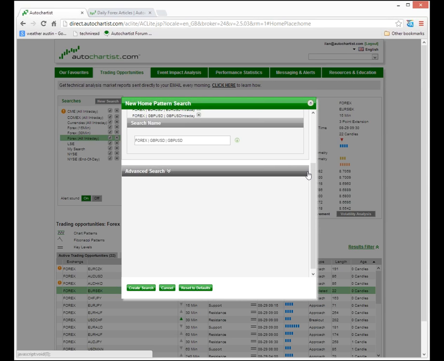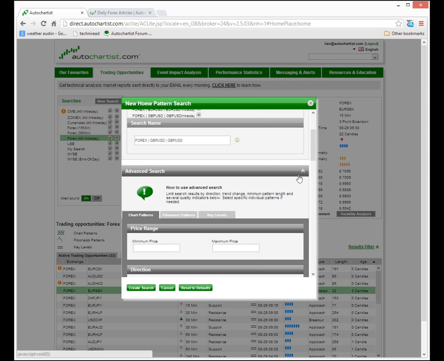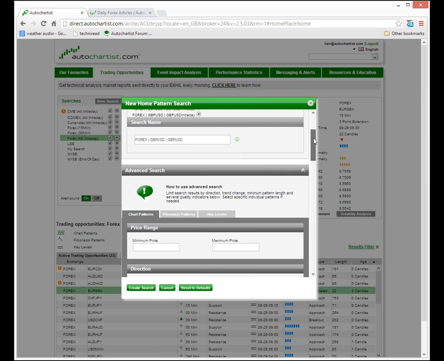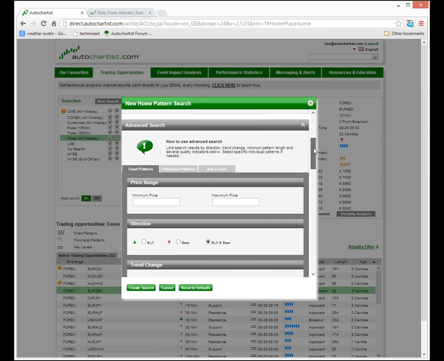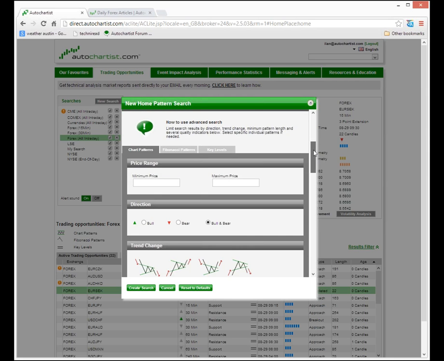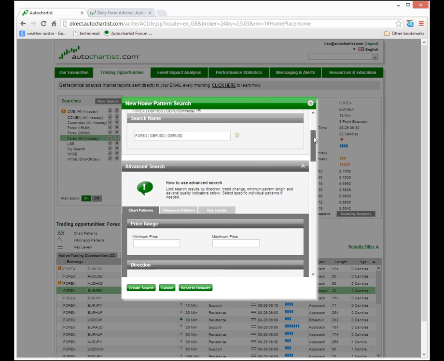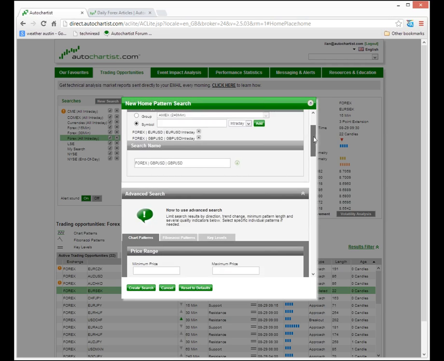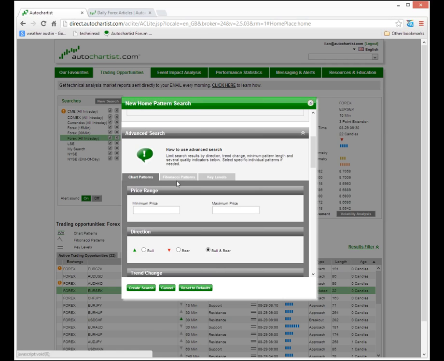So we find that a lot of people like to keep the defaults as they are. Although if you are set on your instruments, you can pretty much define your own search criteria as you wish. Autochartist for the more advanced users, and of course the topic of this presentation is Autochartist for Dummies, so I'm not going to go into the advanced section, but just to show you that it's there, once you click on a new search, or editing an existing search, you can click on the advanced search settings, and you get